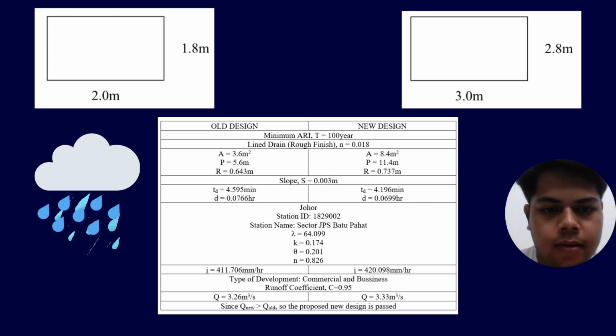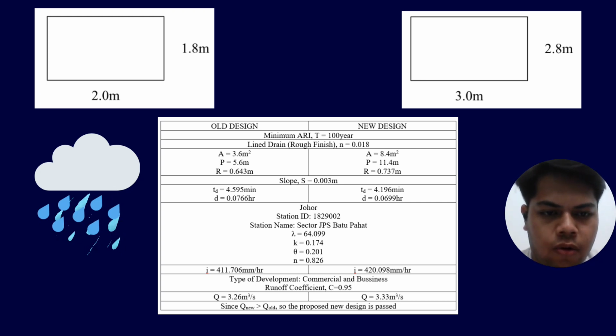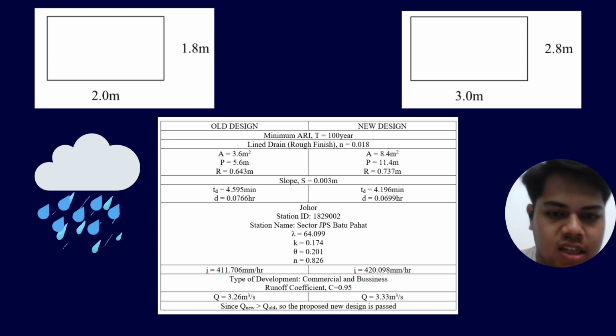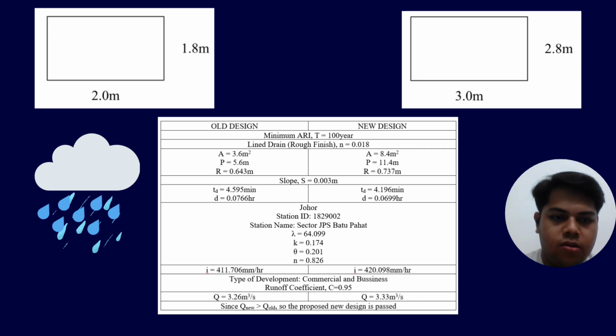Okay, at the left hand side, this is our old design for stormwater drainage, and the other side is new design. So our target is to find the final result, which is flow rate for both designs by applying the rational method from MSMA second edition, and the minimum ARI for both designs that we assume is 100 year,